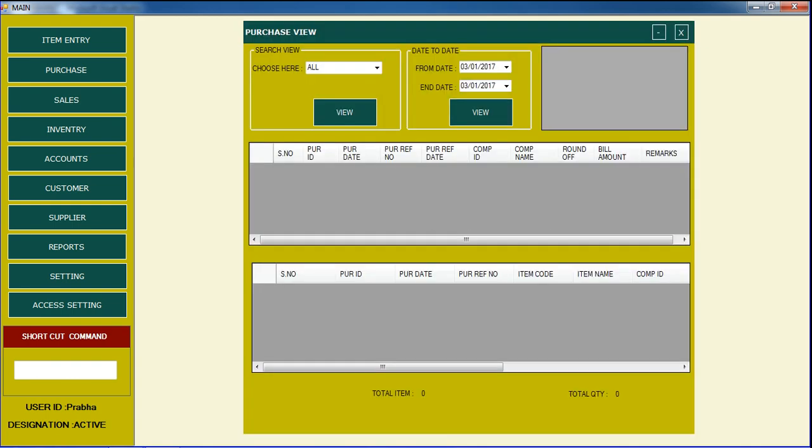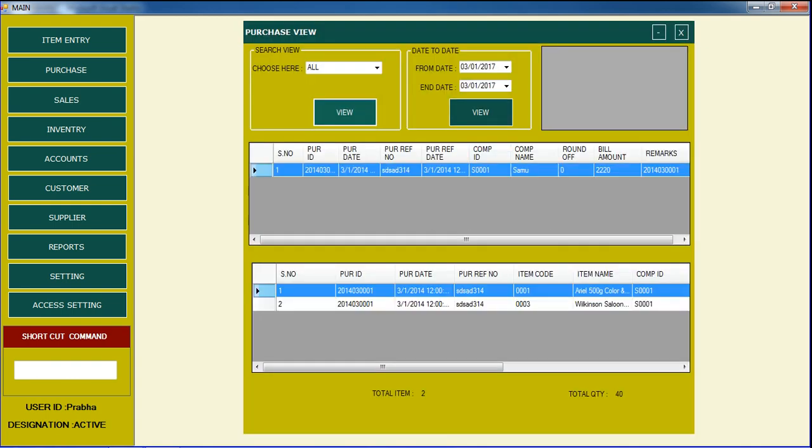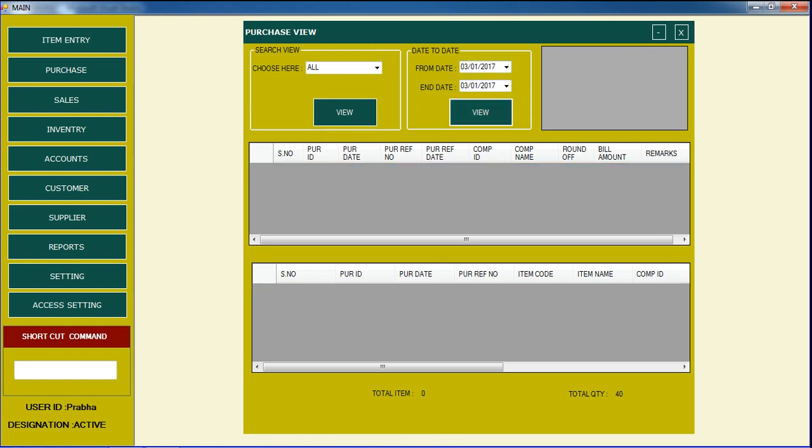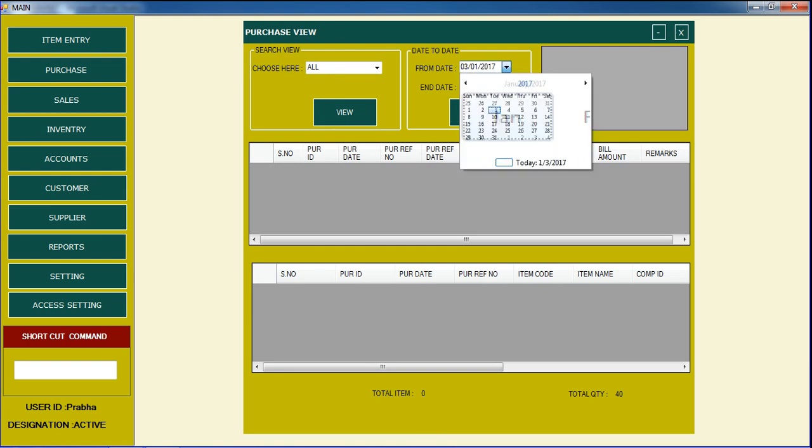Now purchase view means all records; what I declared is that all purchase records are automatically viewed. And then date by date is also possible. If I just click view, from this date to this date is not possible, so I go and click here, before 2014.